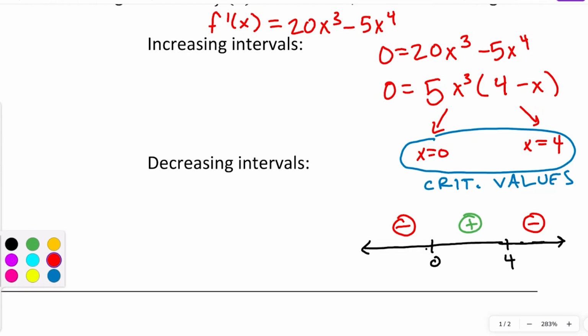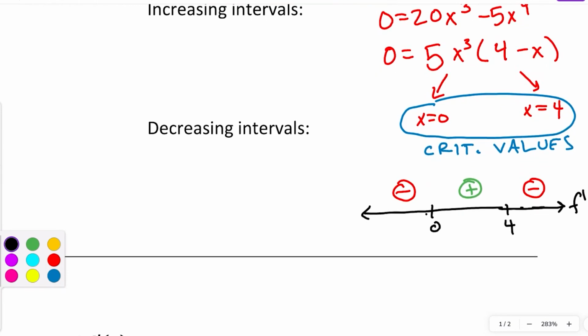Now this is a number line for f prime. I'm going to label that because today we're going to get into what the second derivative can tell us. So on f, maybe we'll make a separate number line here with 0 and 4. So on f,